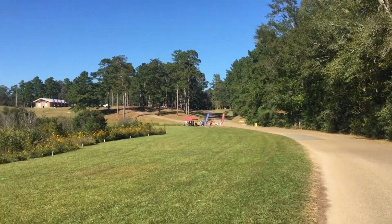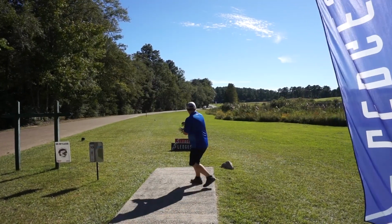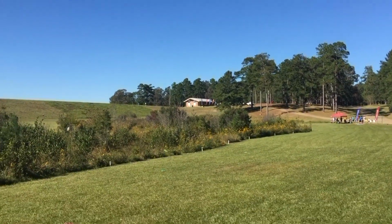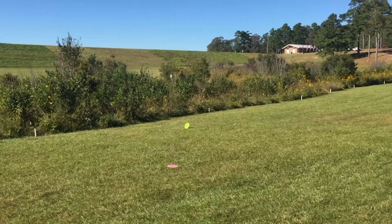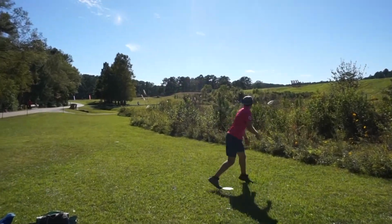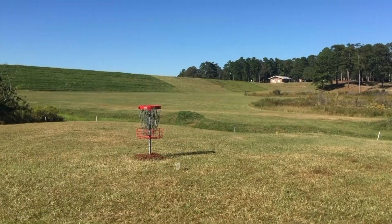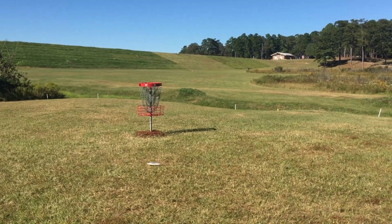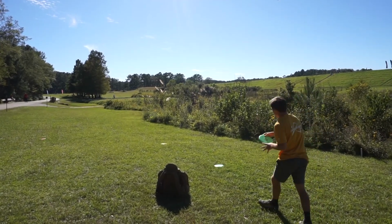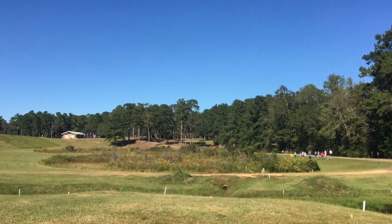Definitely thought Thunder would be doing this, and he did. Yep. Playing it a little safe. That was skinny. That was. That's okay. Such a good shot from back there. Yeah, that first shot just needs to be safe. You don't have to throw it crazy far. Yeah, I do think he made that look...